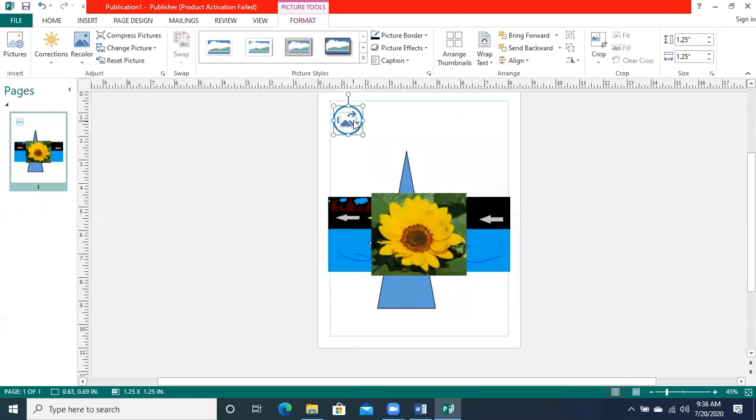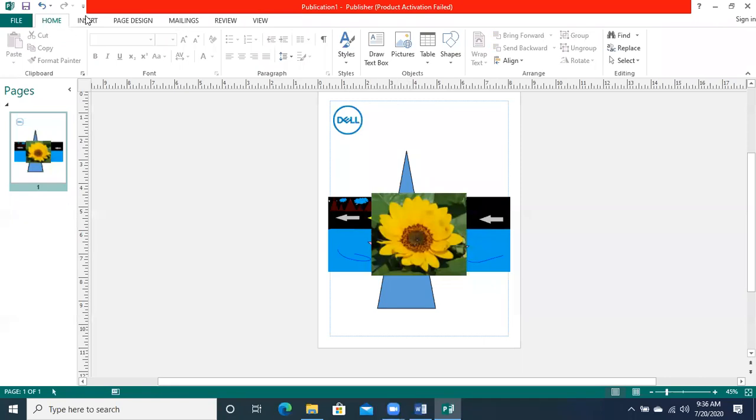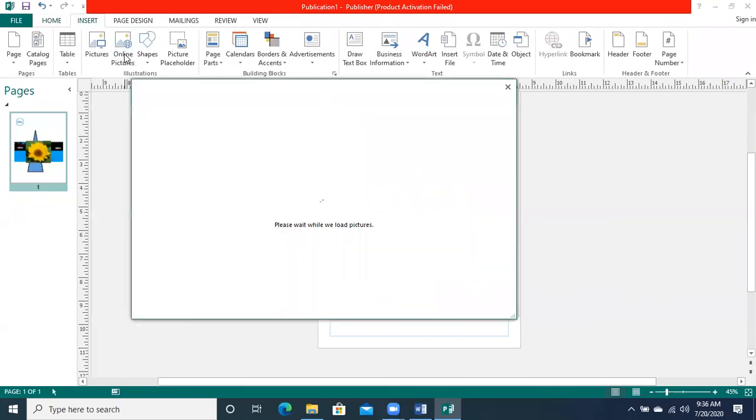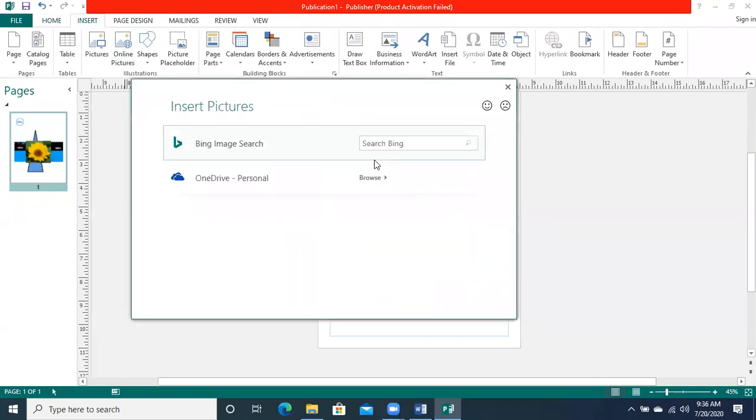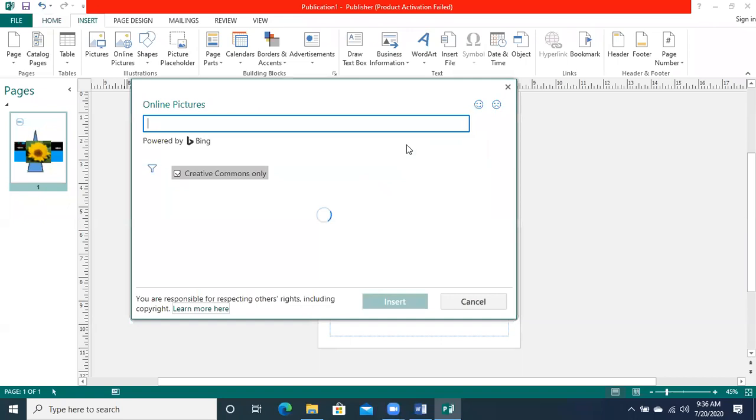If I want to change it, let's suppose, if you go to the online picture, you can also find some logo. Let's suppose you go to the Bing search, which kind of logo is required? For example, if I say school logo, search for some school logo.